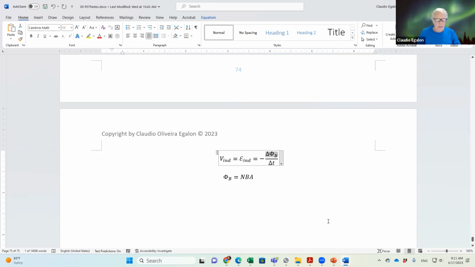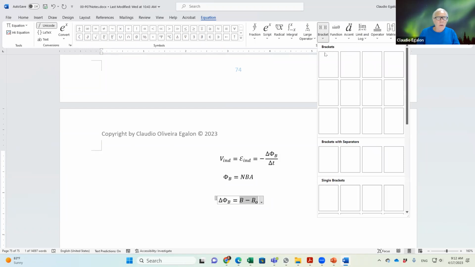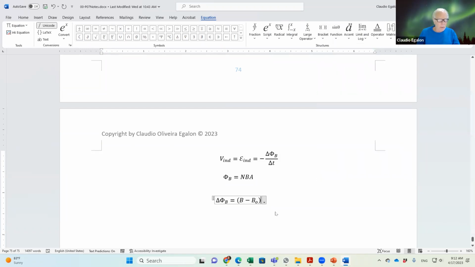And okay, so delta phi is going to be B minus B naught. That's how we put it. And then we have this numerical value there, right? Don't forget B minus B naught. There's more. There's more. Right? A and